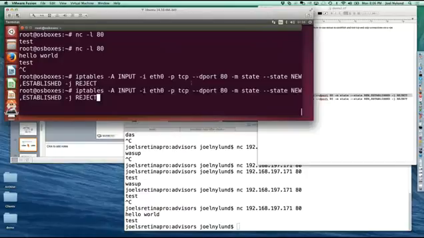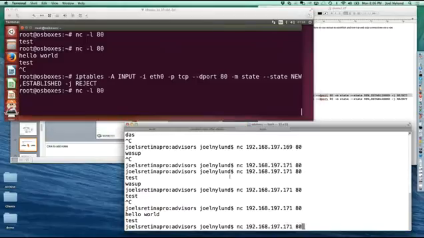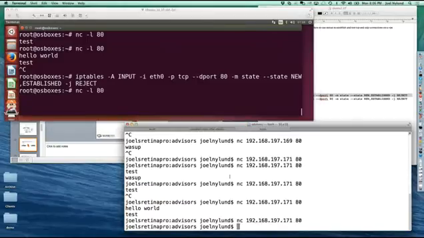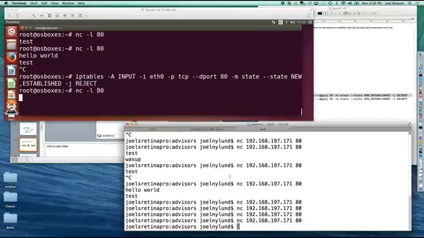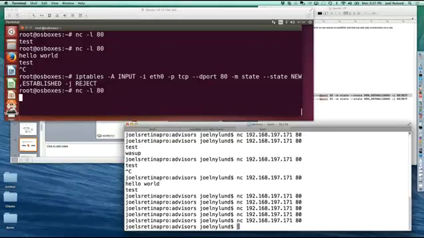So now I'm going to run the listener on 80, and I'm going to try to talk to it, and nope, can't get there. That's kind of showing you what it would look like if you had a firewall in the middle. Netcat says, hey, there's some problem, though it doesn't tell you where the problem is yet. It's interesting that it fails that quickly. Not all firewalls will do this. Some will let you hang, some will fail quickly, some will take a few seconds.